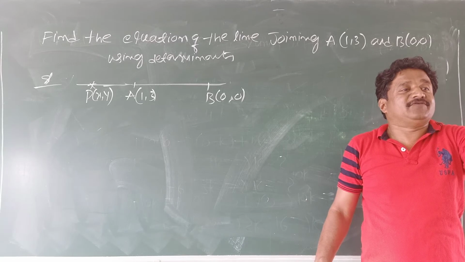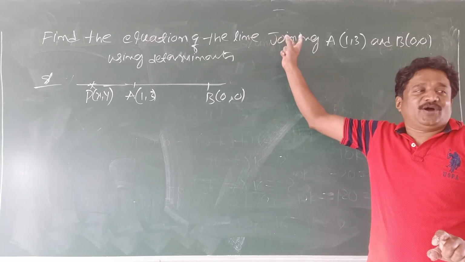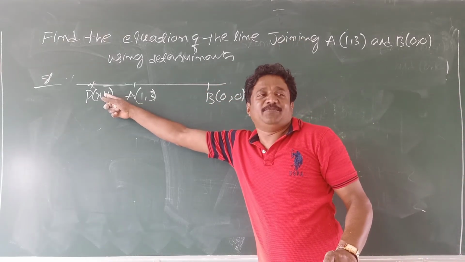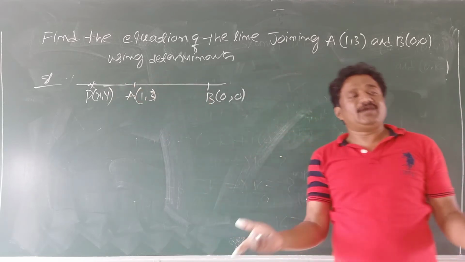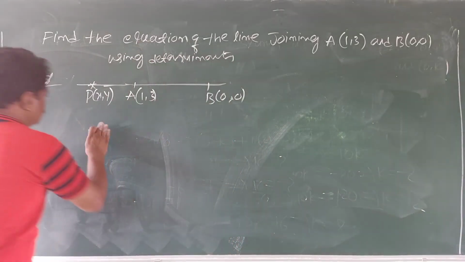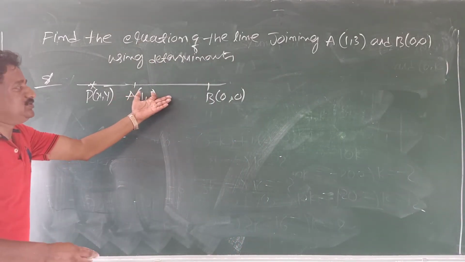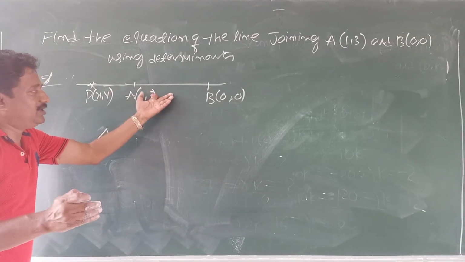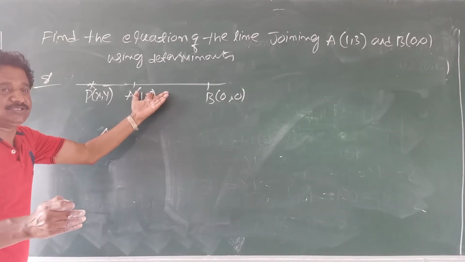How many points are required? 3 points are required. 2 are given in your question. You only write the general point on your own. Otherwise, how can you solve? You cannot solve. Correct? Okay. Let us use the delta formula. The figure is not required. Just to understand the concept easily, I have drawn this line. They won't give any marks for this.